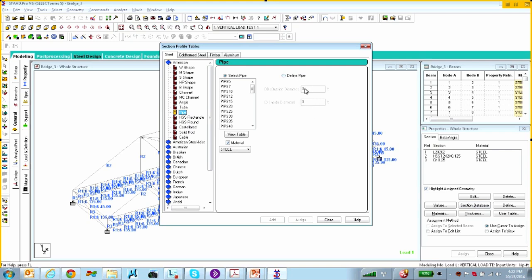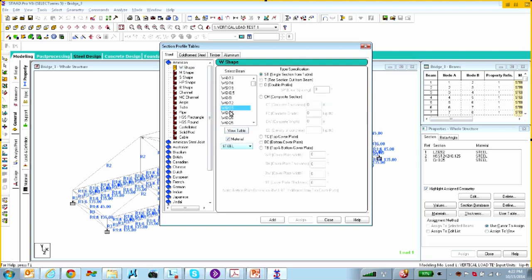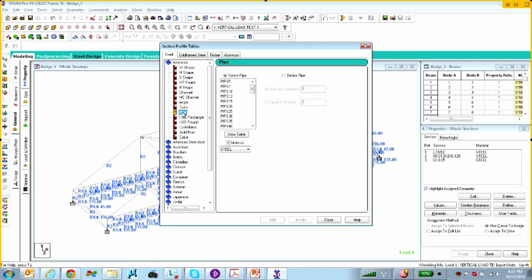If you're doing something like this where you're defining it, I'm not sure, to be honest, if it could do an optimization on that. Because with the optimization, you can give it limits, but what it's going to do is search for an alternative within the same family to which you initially assigned. So up here, if I selected a standard W-shaped section, it would look through the W-shaped family to assign an alternate size. Now, if I do something like a pipe,